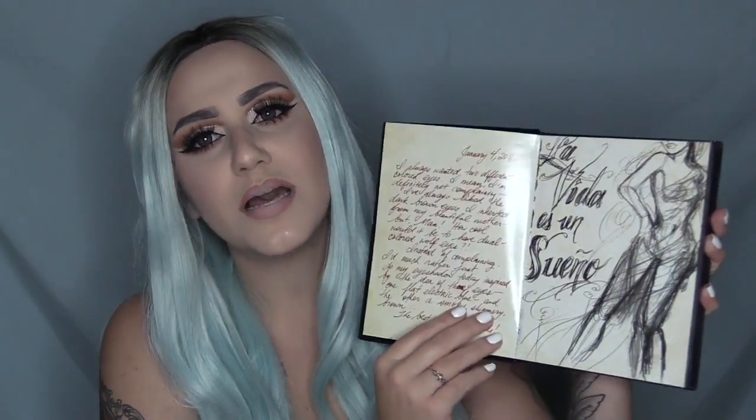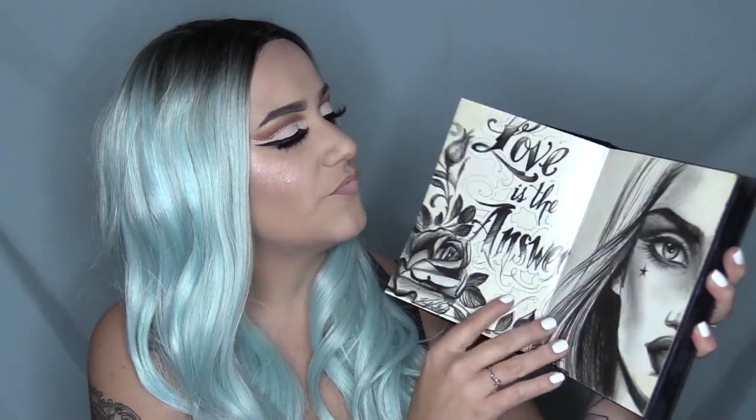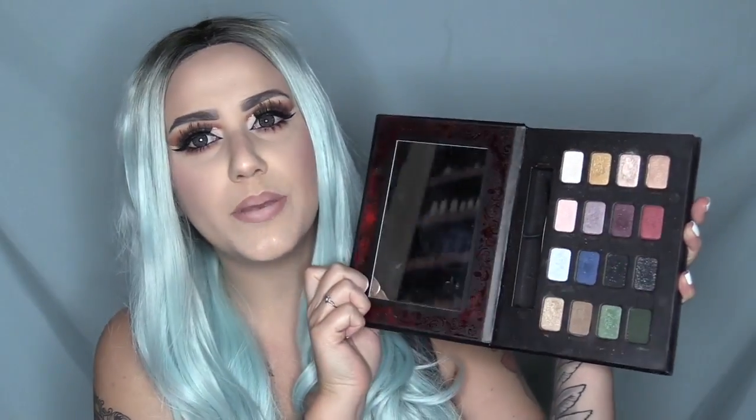Or I have the Chronicles palette. For some reason, this has always been my favorite. I think I just like how this looks on my vanity because it looks really cool and gothic-y. I like it. And you open it up and she has the drawings on the inside, so cool. And there's a few pages and I absolutely love this. And then you pop open the big part and there's a very large mirror. I love that. I think this is why it would win over the